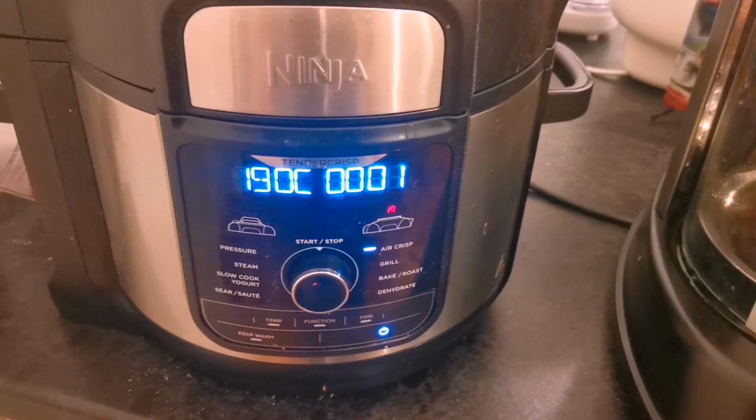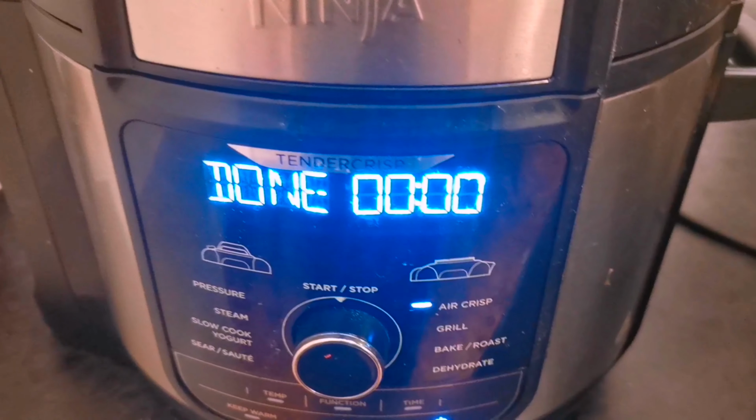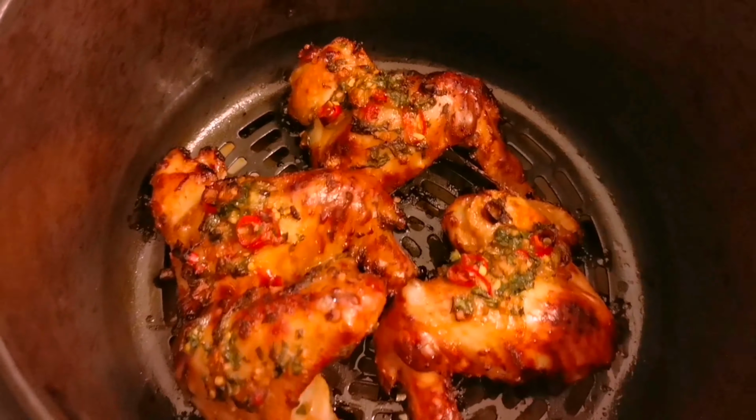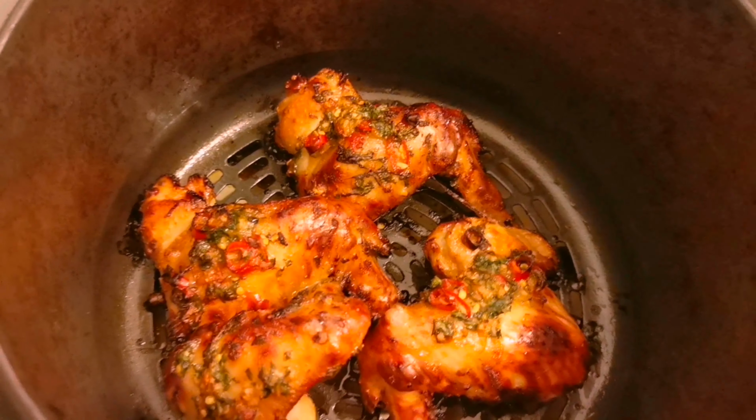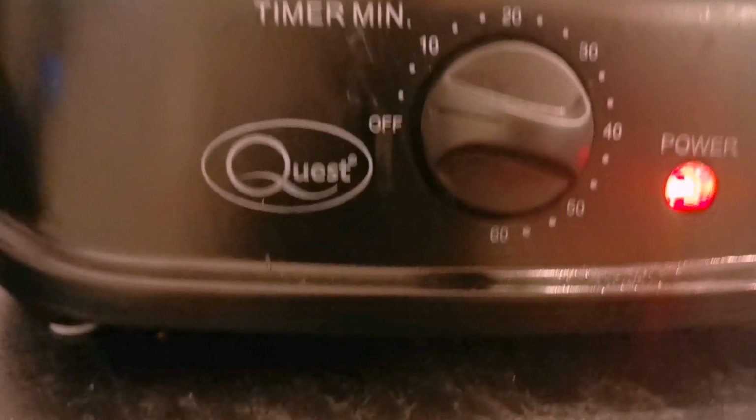Yeah, they crisped up. Well, not crisped up. They did quite a nice caramelisation, painting them on, and there they are finished. Yeah, nice. They looked better than the rotisserie in terms of overall colour and consistency,